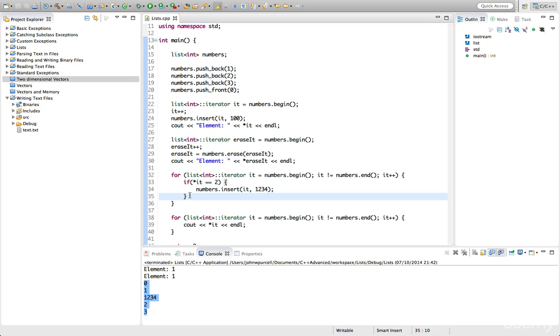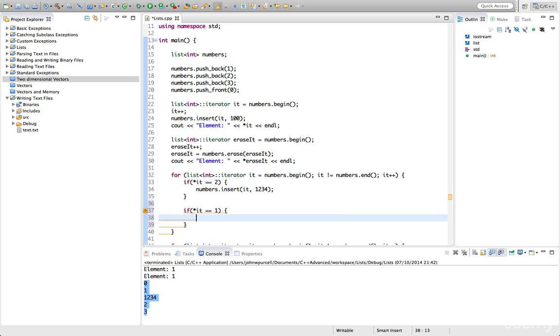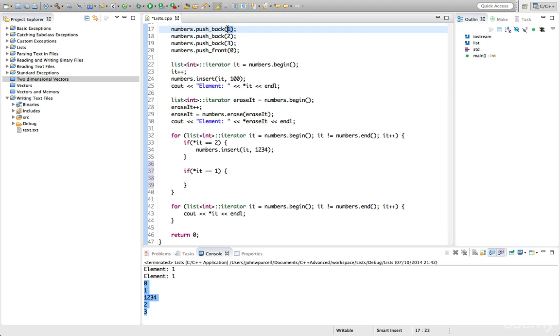We can erase elements from that list as well. Supposing we want to erase element 1, so we could say if the thing pointed to by it equals 1. And remember, we can't work with indices here, we have to work with iterators. So if it references the element 1, that's the actual number that I put in here, then we want to call numbers.erase, and we want to erase that